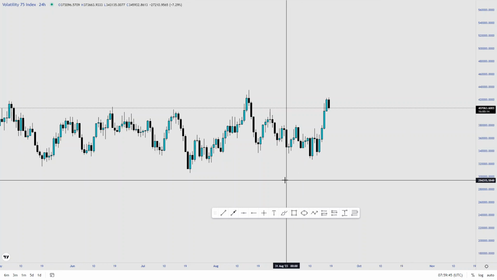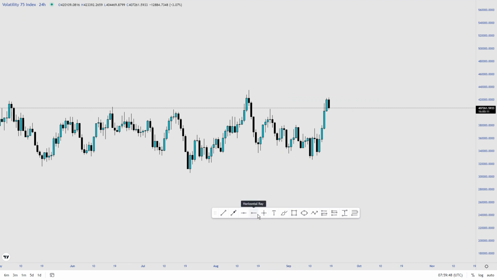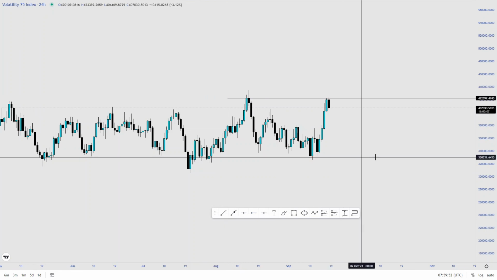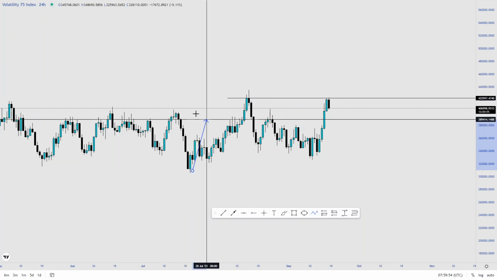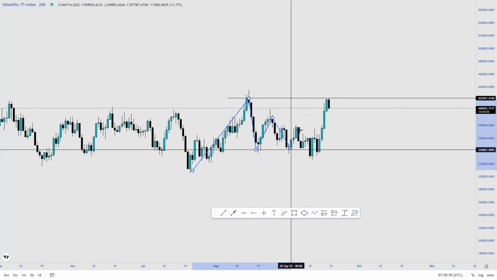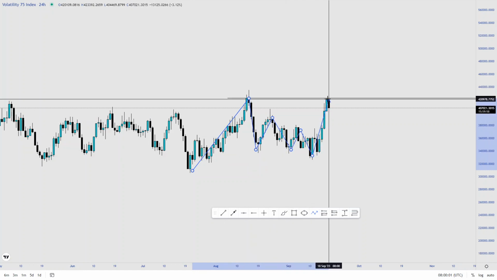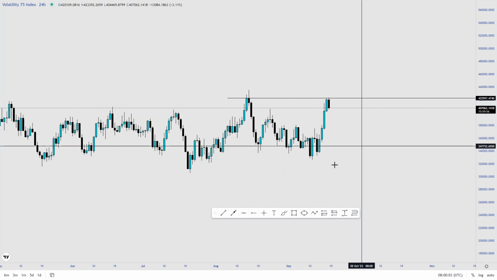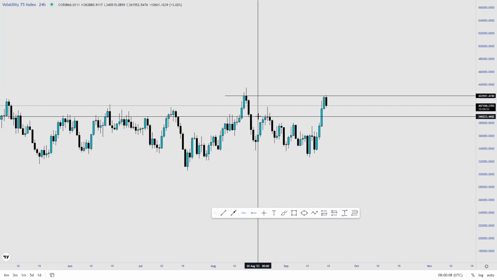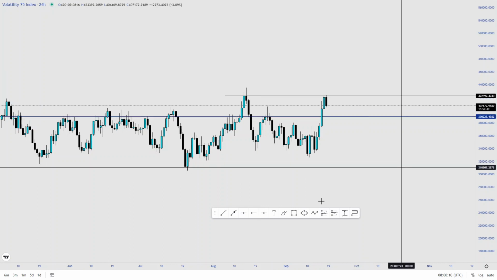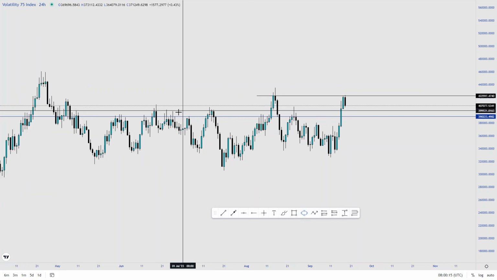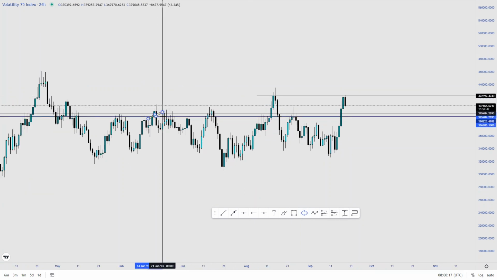So, what we could have seen right now, where price is currently trading on the Volatility 75, is that we can see price did respect this previous higher high, right? We can see that price break out of this previous structure, create this new high. We have this descending correction right here, and now we can see price did rally all the way to the upside. So what we can do as traders right now is mark out all of our support and resistance zones where we can see price can easily come back into before I will take